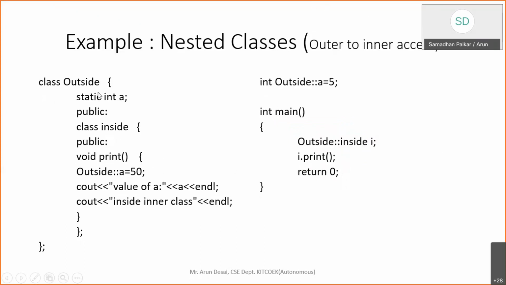So you can access the members from outside the class as well, inside the inner class, right? So that is there as well. I need to mention it as static here if I want to access that variable, because I'm not going to create an object. By using the name of the class, I'm going to access it. So for that I need to mention that variable here, right? So by using this, I'm going to access it. So this is about the nested class, outer to inner.